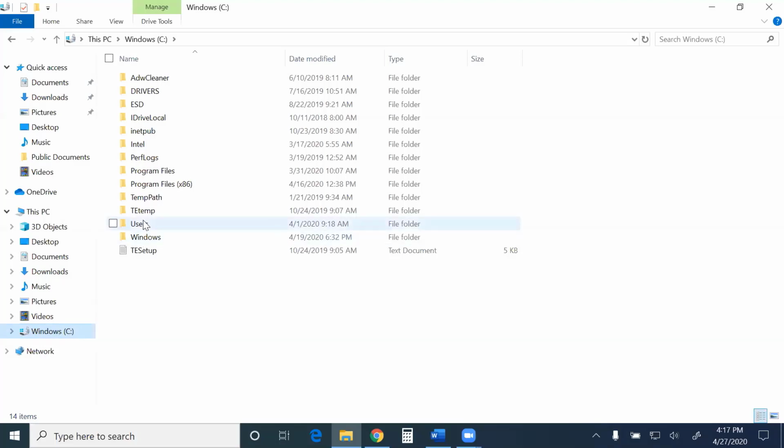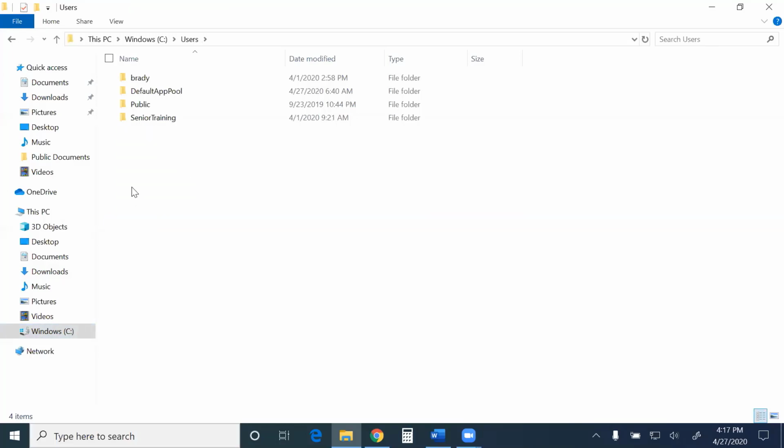The most important directory for you is the users directory. So under C users, we have a name for each person who has an account on this computer. Maybe this is a shared computer that my wife and I use. So we might see here a Brady account and a Jennifer account, maybe one for my kids, Noah and Sophie. So each person, when they sit down at this computer, sees their own files, their own settings.